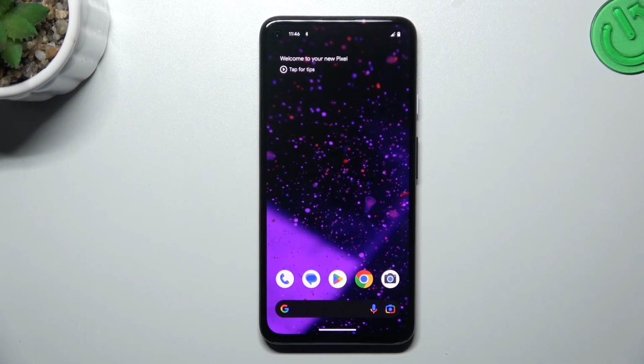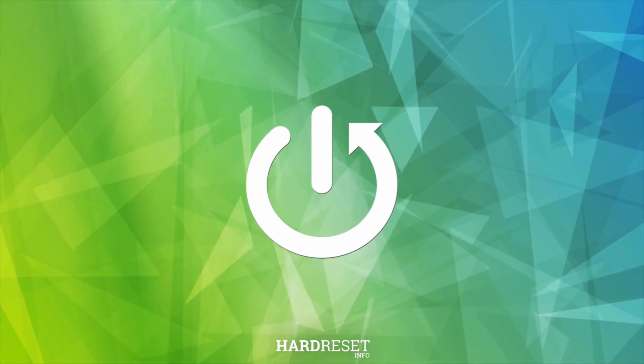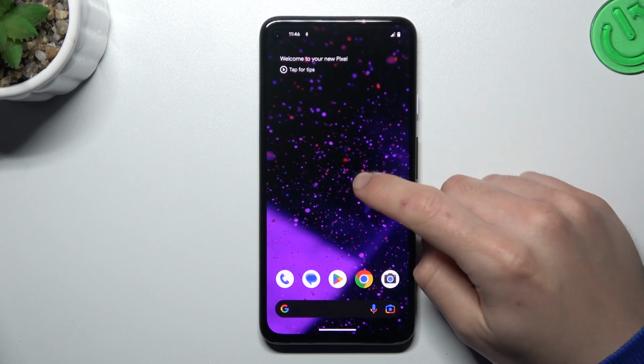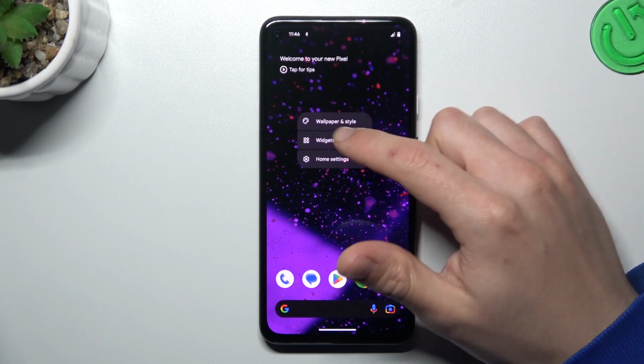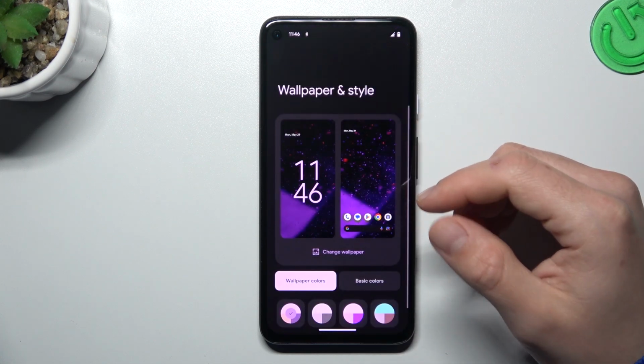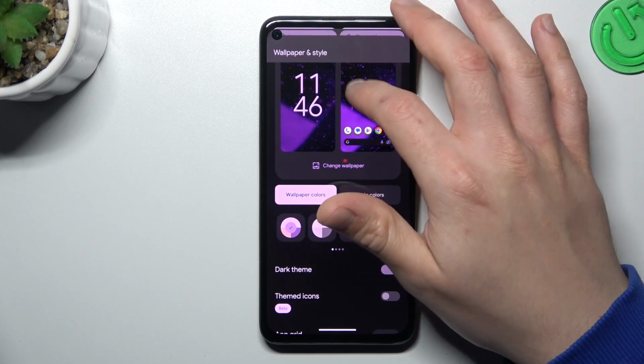Today I'm going to show you how you can customize and rearrange the home screen in Android 14. So if you want to open the home screen settings, just hold your finger on an empty place on your home screen, and you can see now we have a pop-up. And from this place we can go to the wallpaper and style to change the wallpaper and the system color